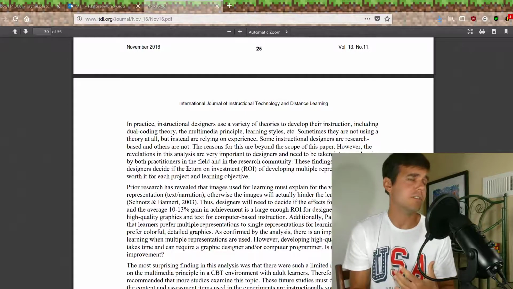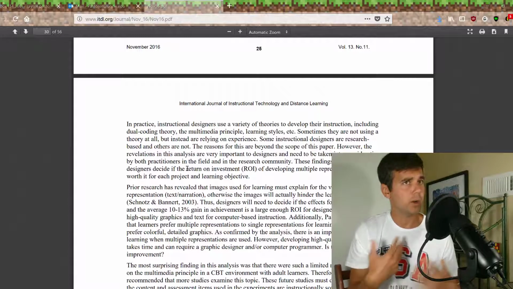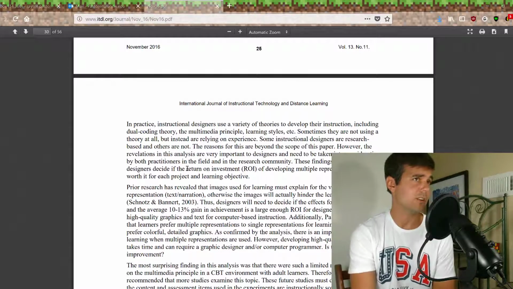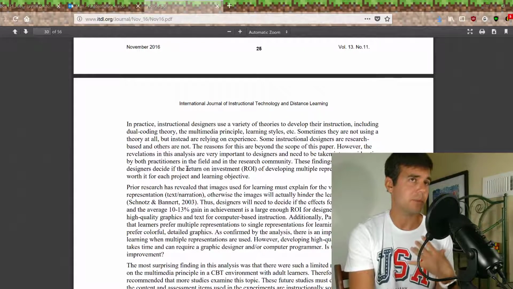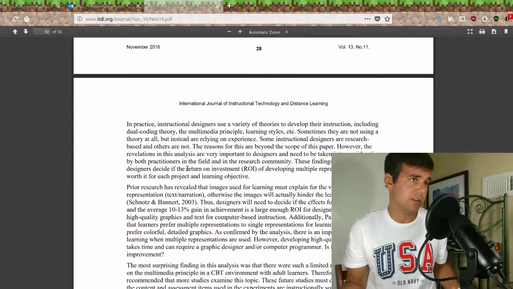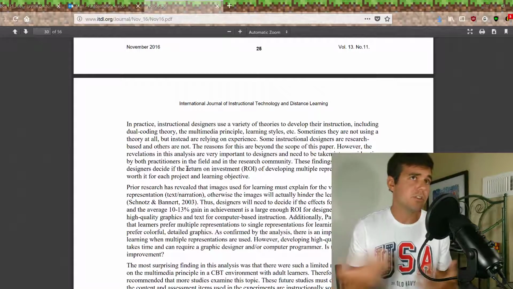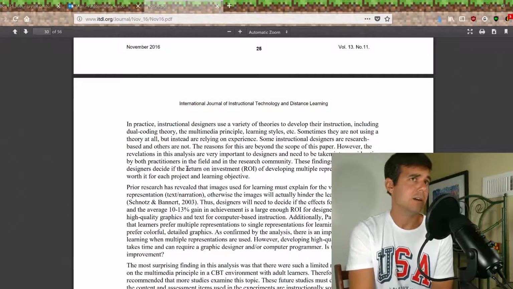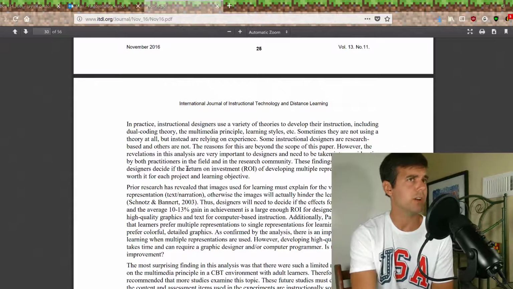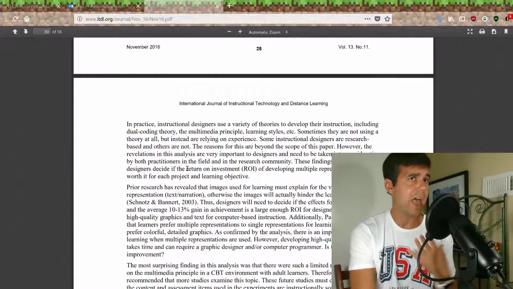So I've set out to do a little bit more research, the what's next. We really need more studies on this topic. The topic of multimedia has been studied to death, but we have not looked at it in specific cases, specifically computer-based training in adult learners, where we're spending all the money implementing it. That's where all the studies should be. Unfortunately, we don't do that because it's not as easy to find the participants. A lot of the studies were done with children or done overseas, or they didn't use computers, and it's tough to generalize those results to computer-based training and adult learners with people who are paid to have to learn what